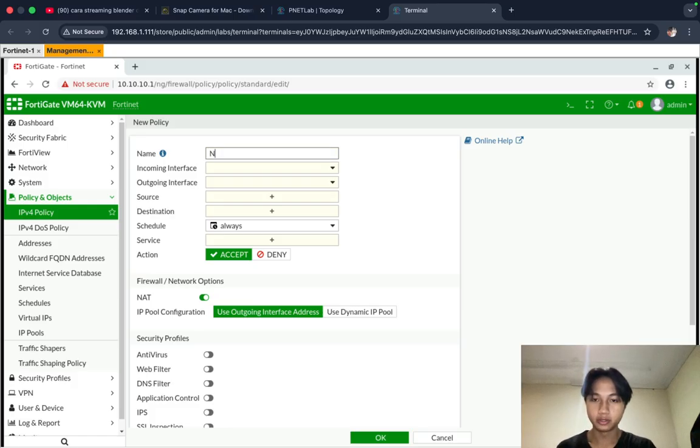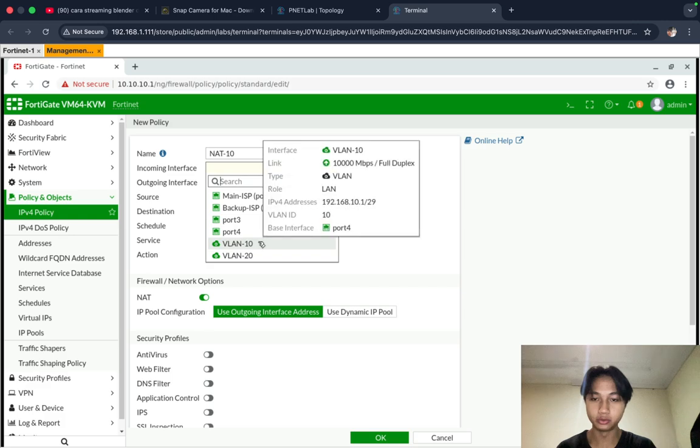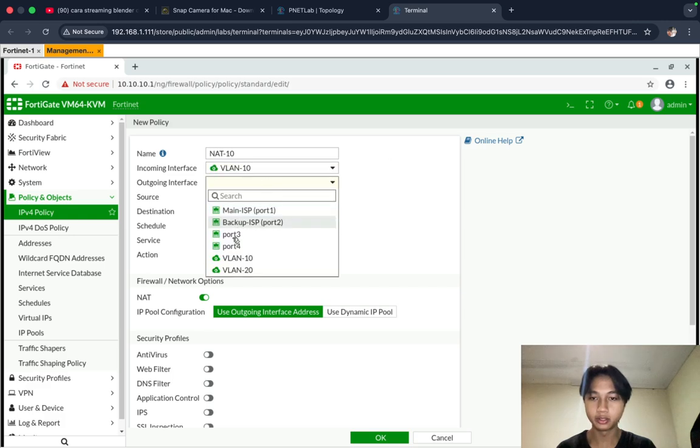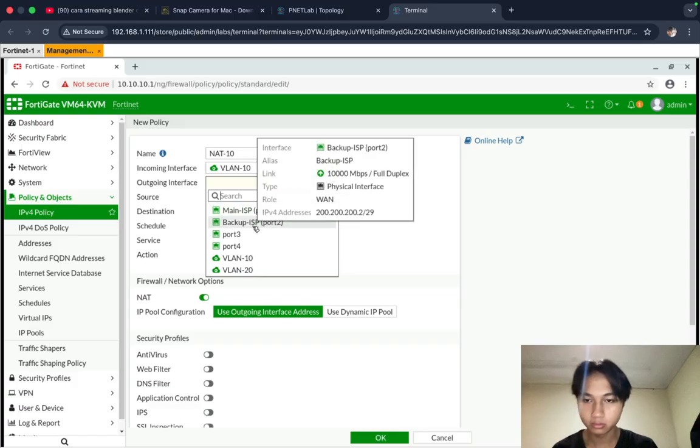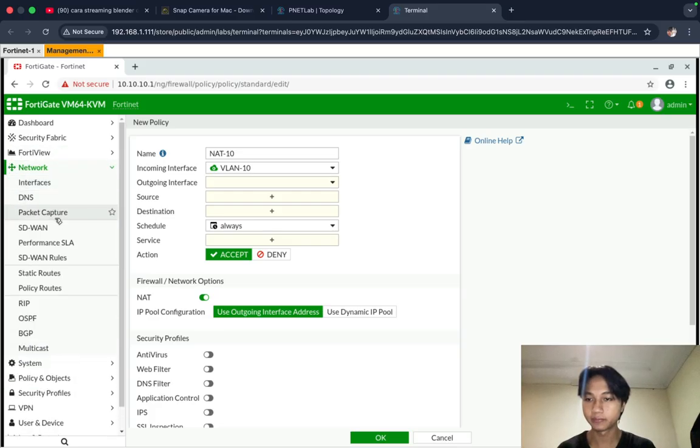This name is for NAT 10. Incoming interface, I'll choose VLAN 10. Outgoing. Oh, wait. Before we create NAT, we must create an SD-WAN.